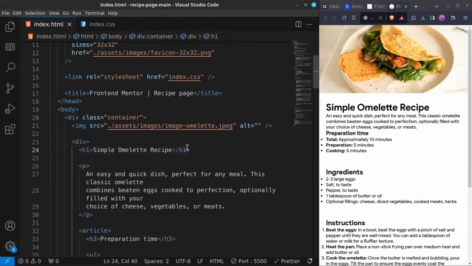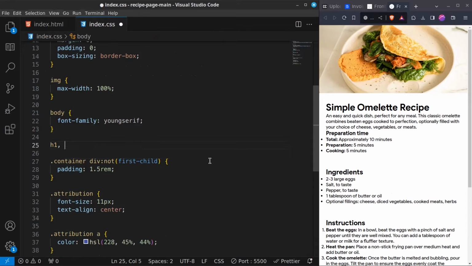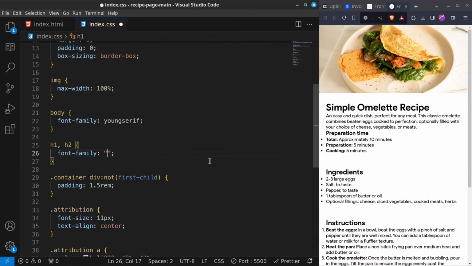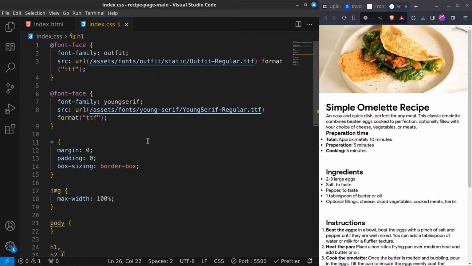So let's go inside the h1. Above this, I want the h1 and the h2s to have a font family called Young Serif. Okay, and I want to remove this from here. Actually not, only the font family. Is it applying? It's not applying. Outfit. Font family Outfit, source URL assets font Outfit regular,